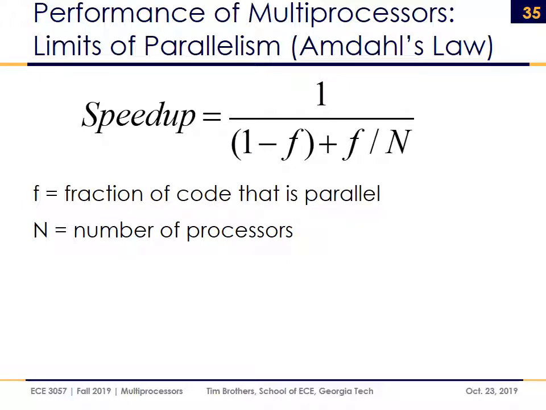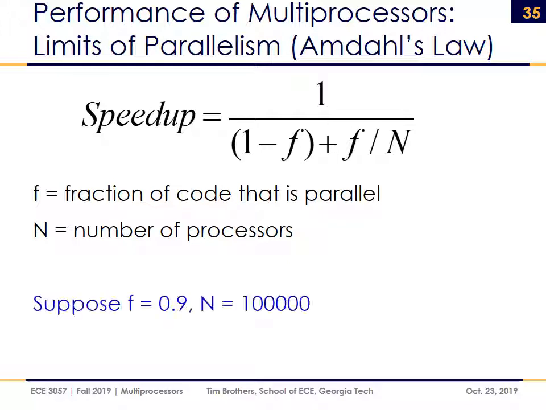Speed up, 1 divided by 1 minus f plus f divided by n. F is the fraction of the code that is parallel. Ideally, everything can be parallel, but that's not going to be true. We have to do things in serial in order to get to the parts that can be parallel. So we have to normalize the speed up given the percentage of the code that is parallel and the number